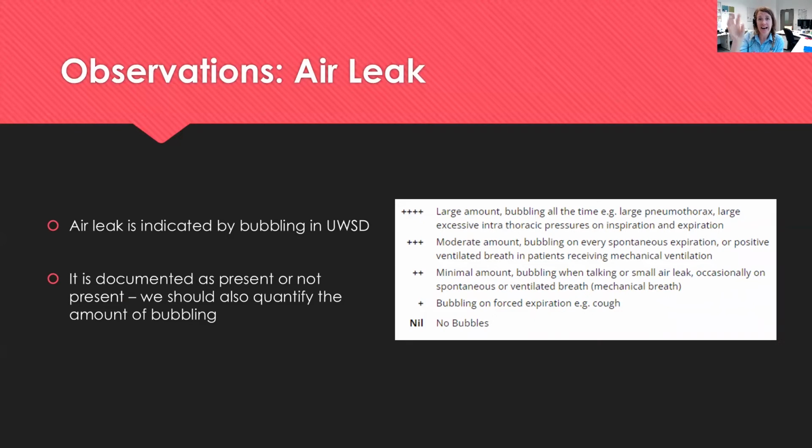And that's the air escaping out of their lungs. So they've got their lung tissue, they've got a hole in their lung for whatever reason, and that air is going into the pleural cavity, and we've put a drain into the pleural cavity, so the air is coming down the drain and into the water. And the water seal is so that air doesn't get sucked back up into the patient,